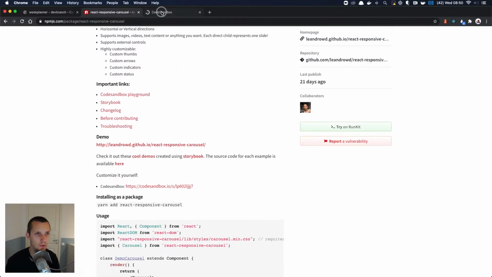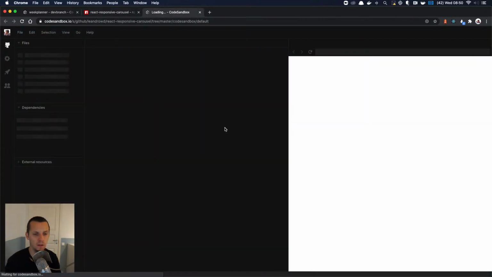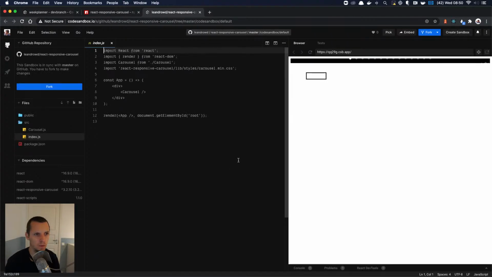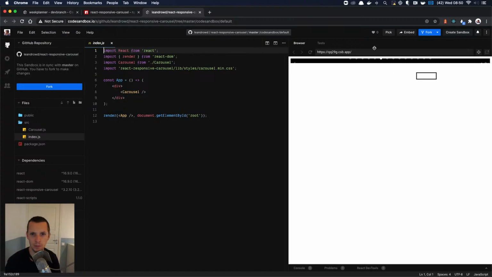Oh, Codesandbox, nice. Oh, what's happening here? Not secure? Oh, that's interesting. I have to bring that up in stand-up.